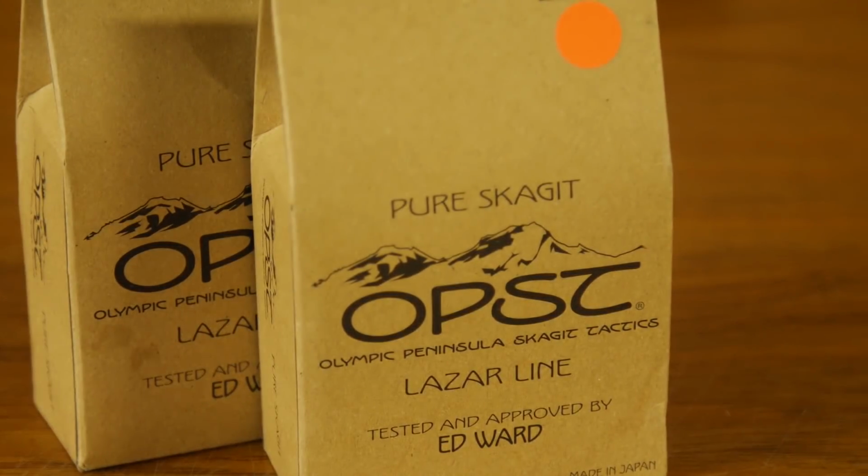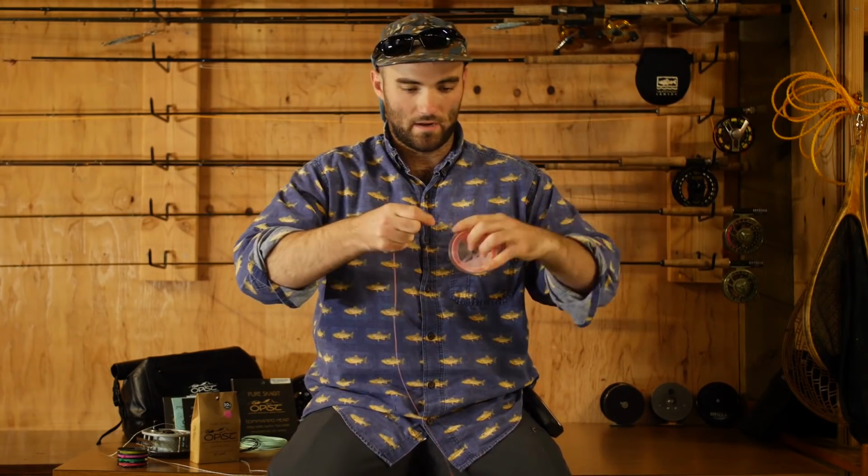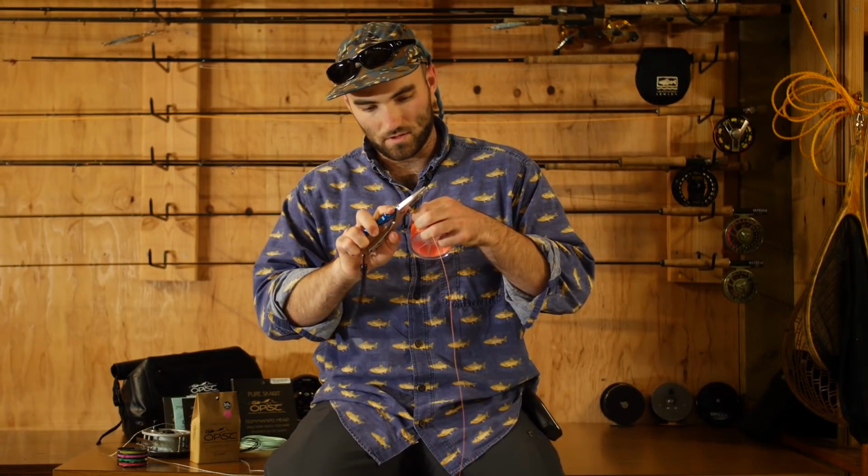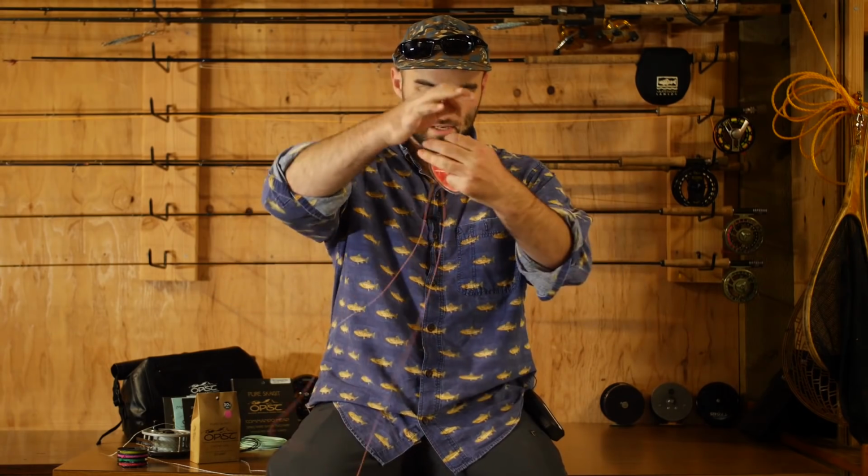Attaching the Lazar line is simply done by a loop-to-loop connection. To make a loop in your Lazar line, we prefer the double surgeon's knot. Let me show you how. I start by cutting off a full wingspan of Lazar line. You're going to need this later to tighten both your knots. Set that aside